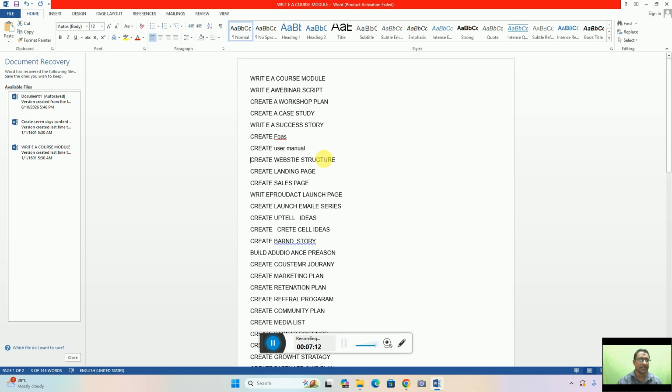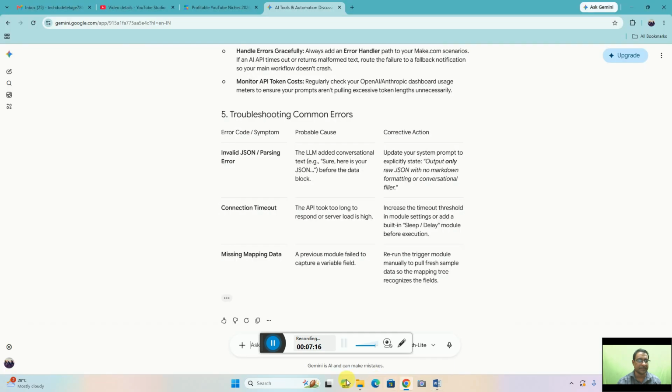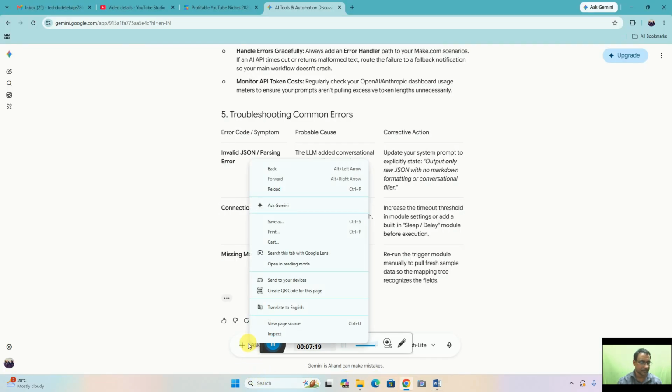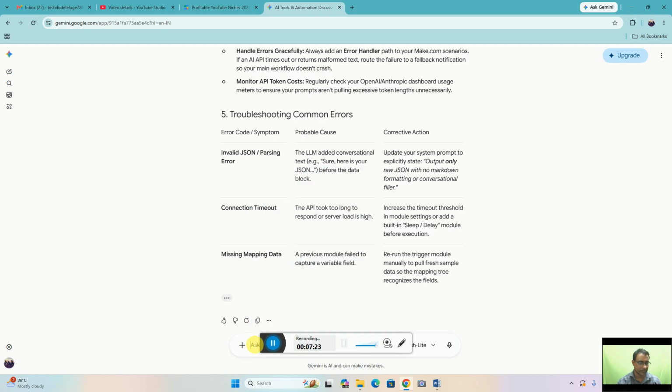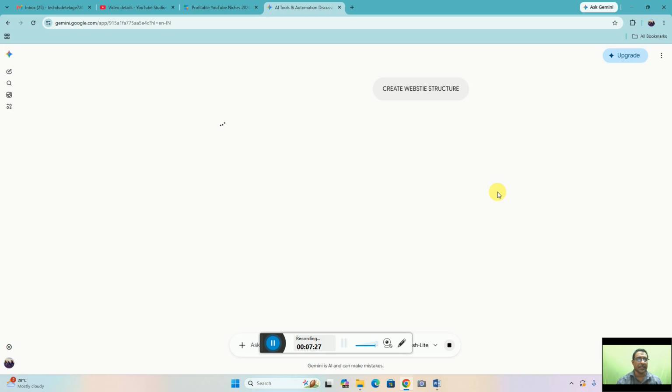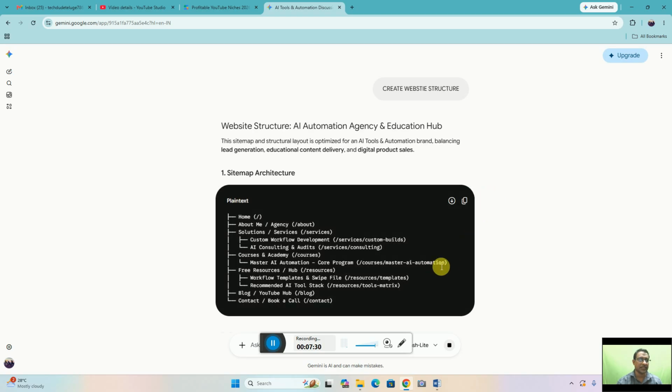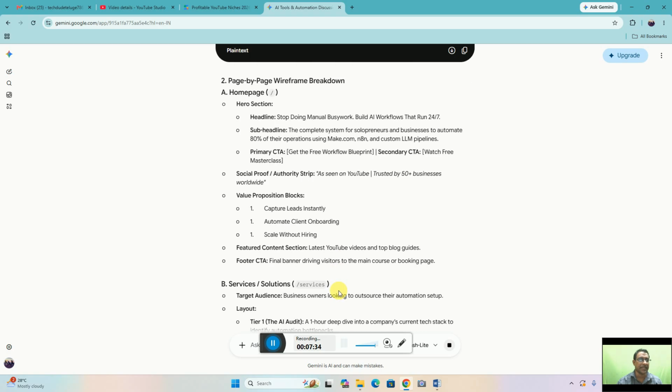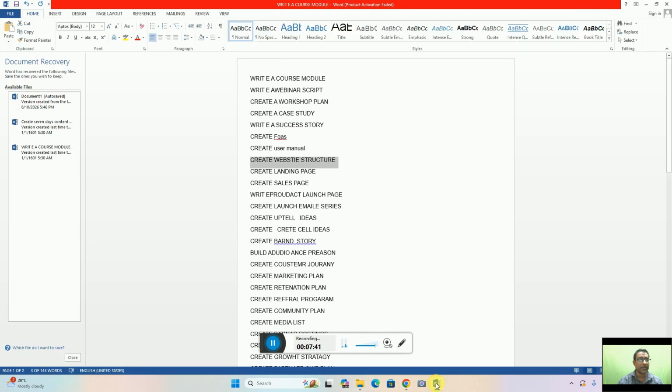create a website structure. For this prompt, create website structure is given this way: Home, and this way is creating the website, capturing leads, instant automation, automated client onboarding, scaling without hiring. Another prompt is: create a